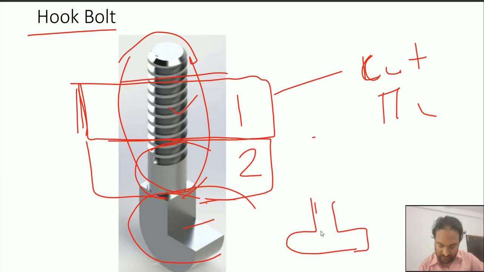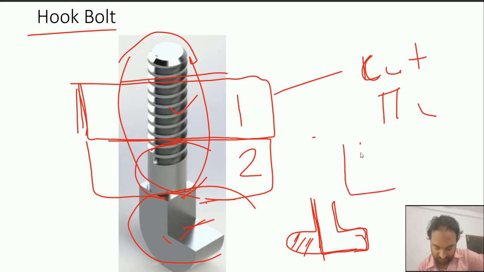So instead of doing that, we remove this part. We will cut only this much of hole to accommodate this hook head, so it will look like an L shape. So this will rest in that groove.